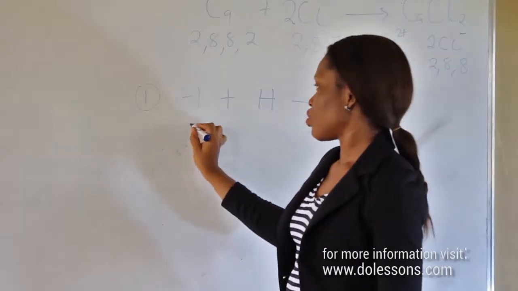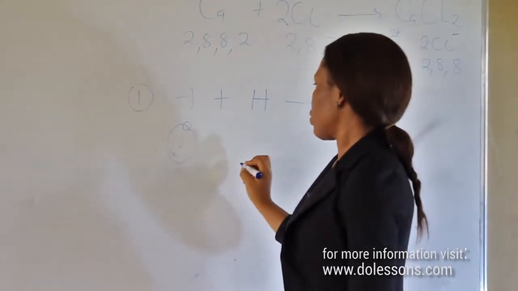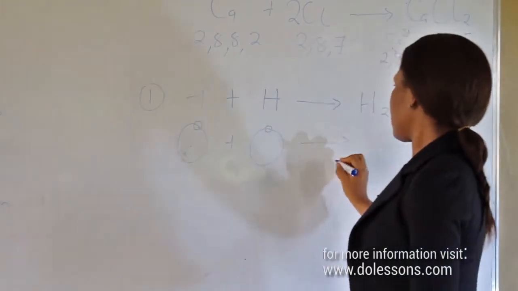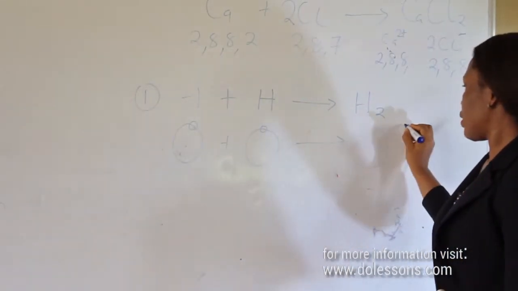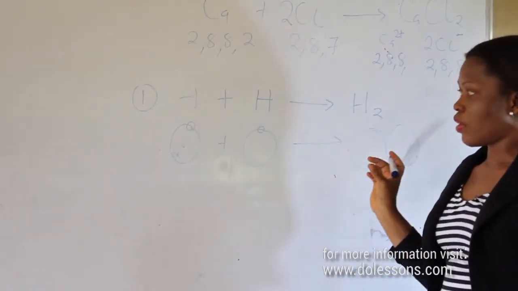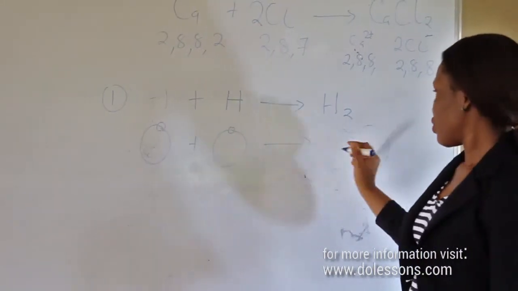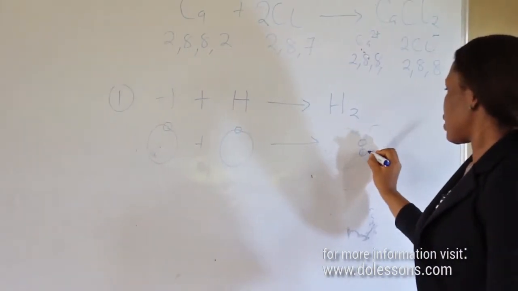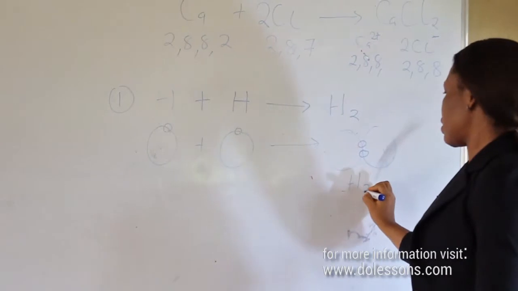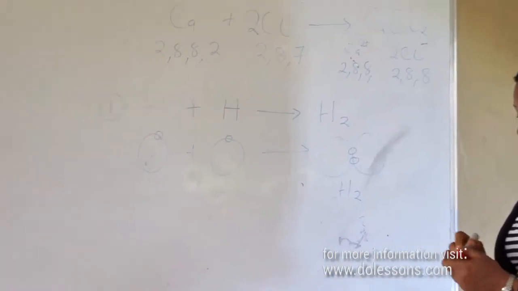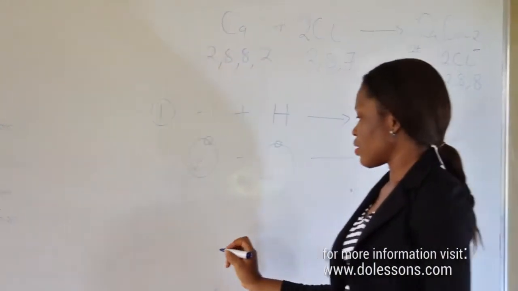Hydrogen atom has just 1 electron. When it combines with another one that has just 1 electron, they will come together to share equal number of electrons contributed by the 2 participating atoms. So you have this, the hydrogen gas. So this type of bond is single covalent bond. Now, in oxygen, we have